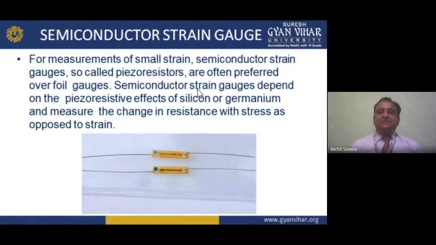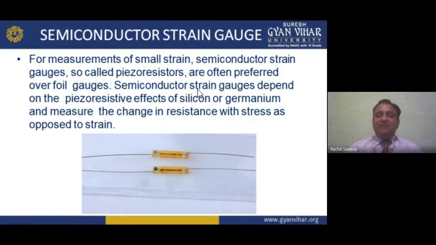Now next, semiconductor strain gauge. My dear students, if I'm talking about the semiconductor strain gauge, what is a semiconductor? Semiconductors are basically elements which sometimes behave like an insulator and sometimes behave like a conductor. That is why it is called a half conductor or semiconductor. So we can say the resistance lies between 0 to infinity, minimum to maximum, in the property of semiconductor material.